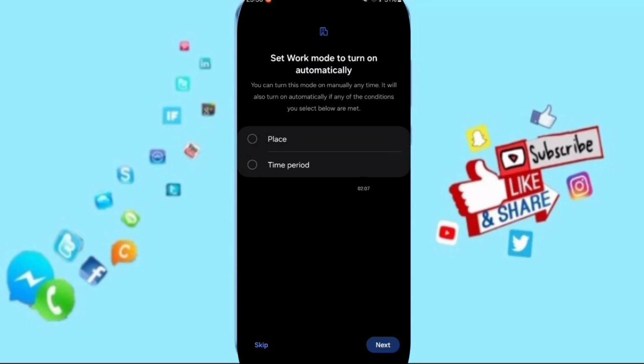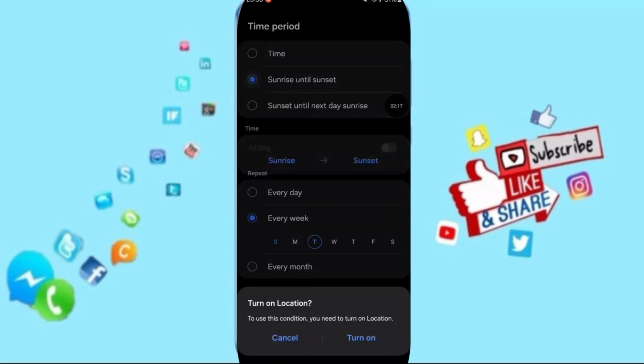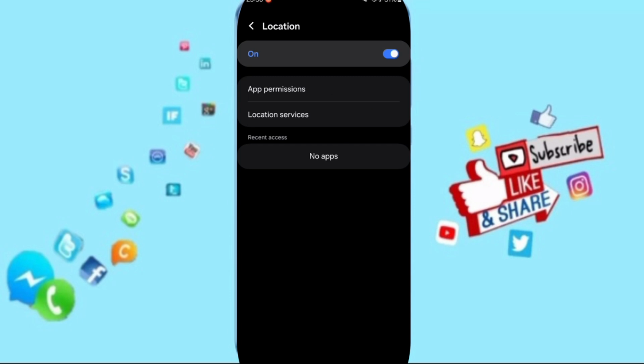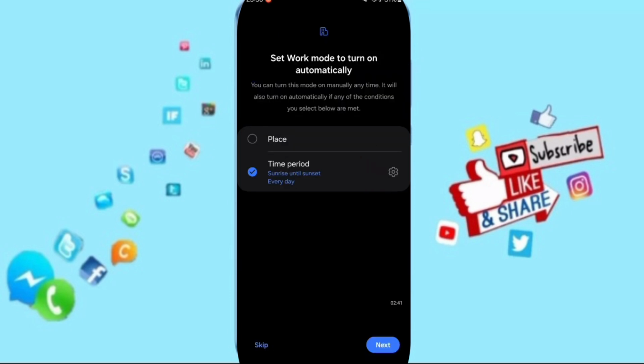When you click on start, you can choose if you want place or time period. For example, time period here. You can set your time period sunrise until sunset, for example. You click turn on, and as you see here, you can choose location. You can enable it, and when you click here, you can choose the day that you want focus mode on work, for example all the week. And then we can click on every day here, and then we click on done as you see, and then